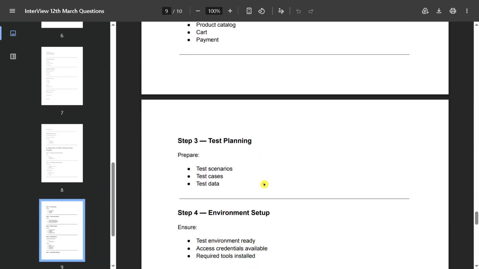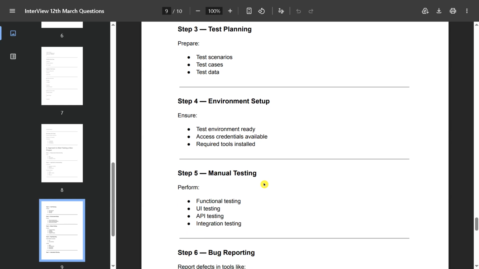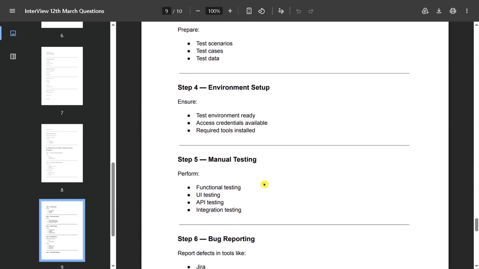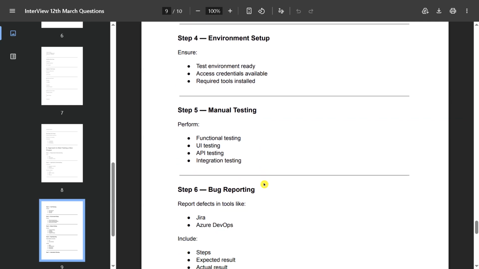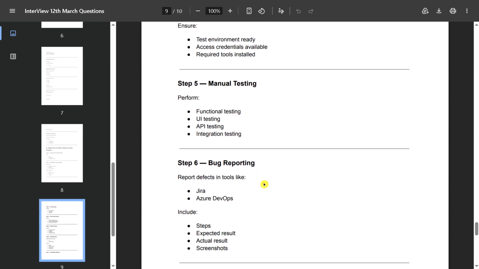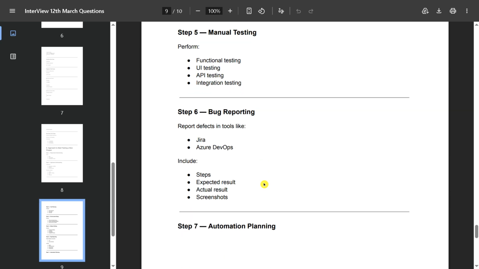And the third is test planning, like preparing test scenarios, test cases and test data. And after that, environment setup: test environment ready, access credentials available, required tools installed. And manual testing: we perform functional UI testing, API testing, integration testing.